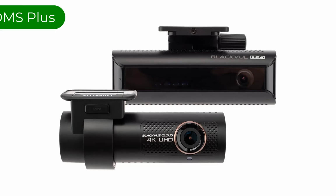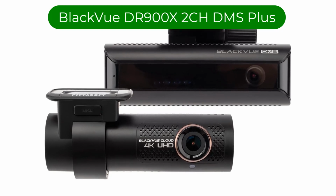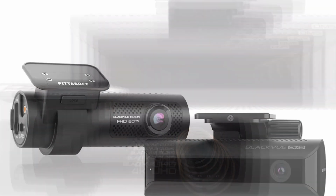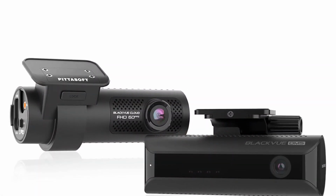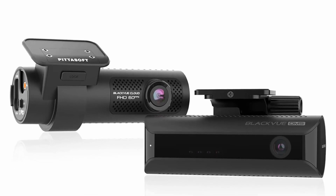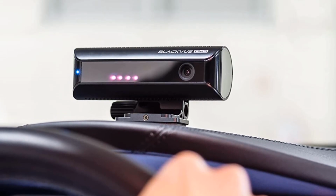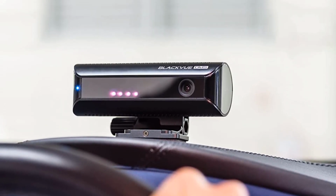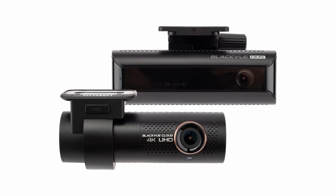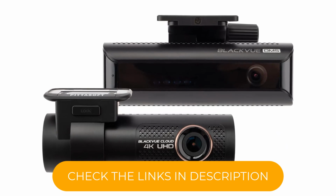Number 5. Our fifth best pick is BlackVue DR900X-2CH DMS Plus. Widely considered Thinkware's biggest competitor, BlackVue makes a large range of premium dash cams for every need. This one stands at the top of its offerings, with an 8MP CMOS sensor recording 4K UHD, 30 frames per second video at the front. While it does rival the U1000 in its front camera performance, we placed it here for its unique AI-powered driver